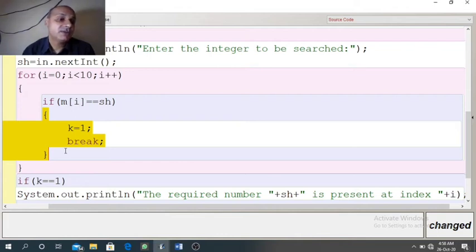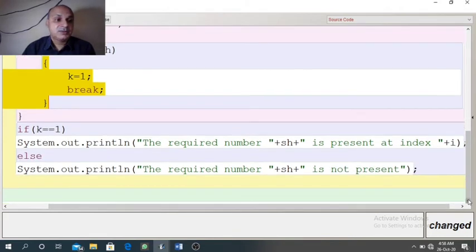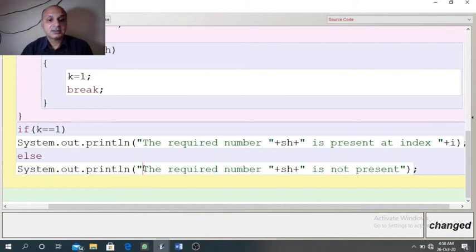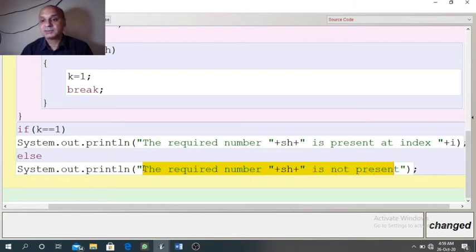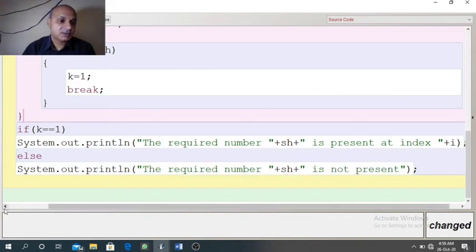It means the value of k will not become 1. It will remain 0 that we had stored in the beginning. That is why we have designed the else part here. If k is not 1, it means k is 0. At that time else will run. Then we will get a message: the required number SH is not present. So that is the program that I have explained now.